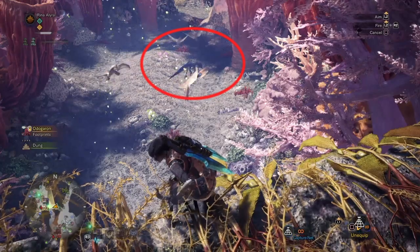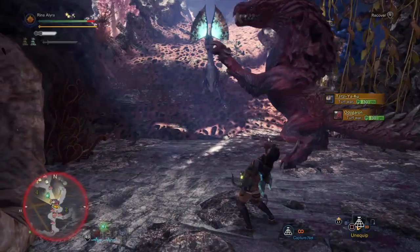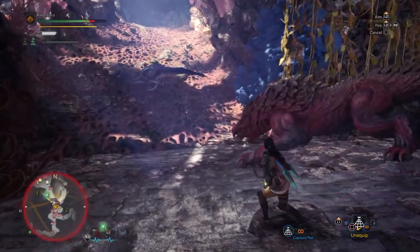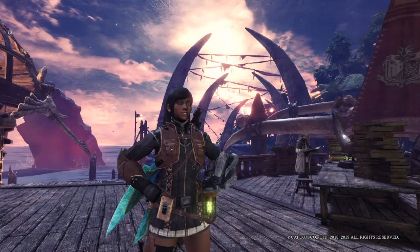Its powerful hind legs are equipped with a long razor-sharp curved claw that it uses to tear into its prey. It also developed this claw as a defense mechanism, as we've seen this monster preyed on by wild odogaron and other larger monsters. But the biggest piece of evolutionary majesty is this...